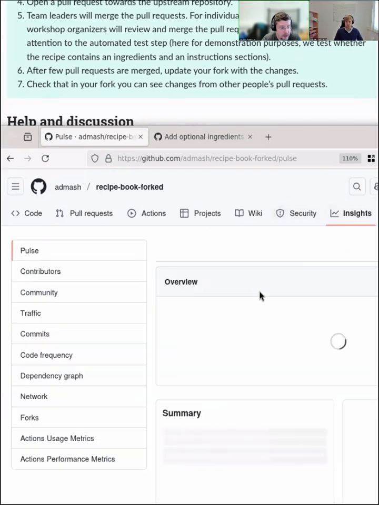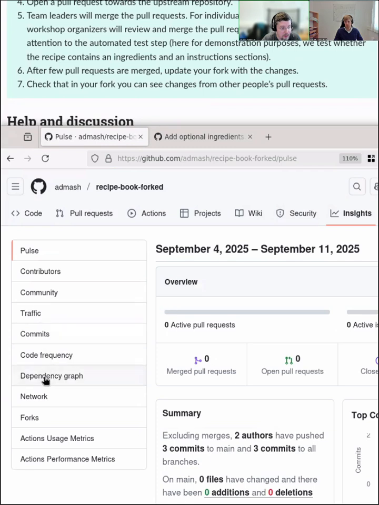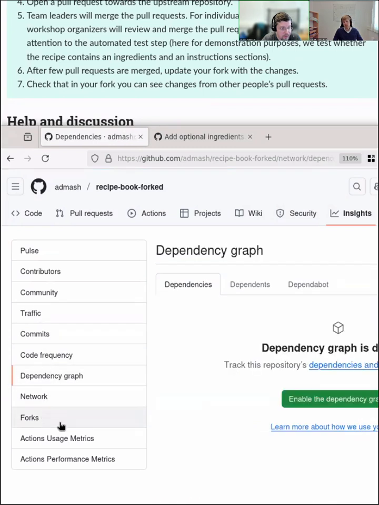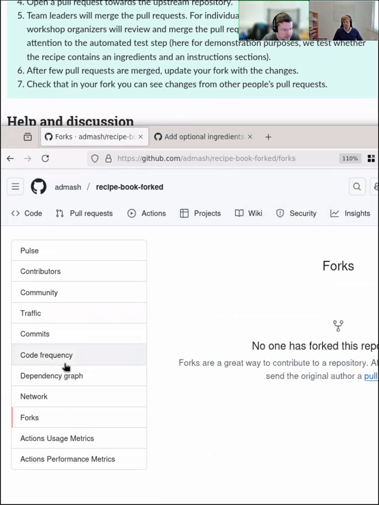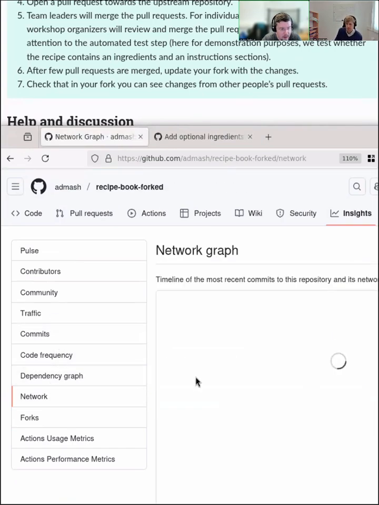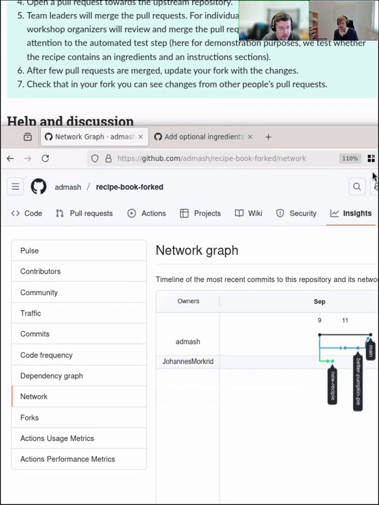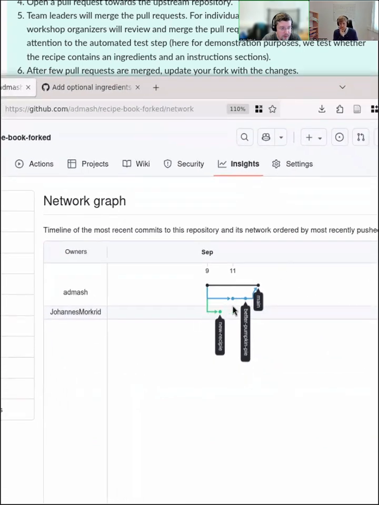And if we wanted to just see what that looks like, we can go to the forks, which was Forks, yes, right. I think maybe, sorry, Network was the one. Yes. And I'm just going to move this. And so there we can see how we have this fork and that we've merged it back into our main repository. So there it is.